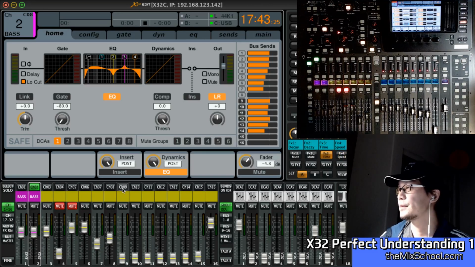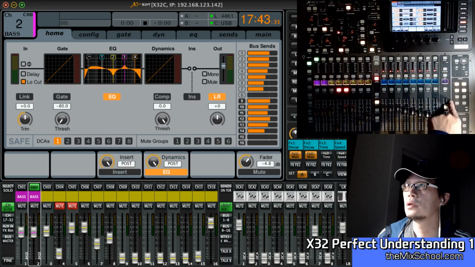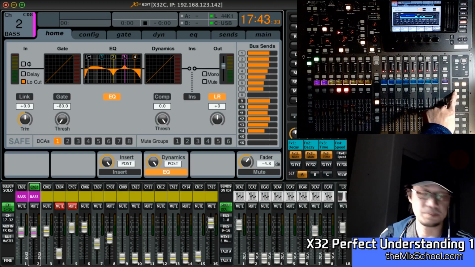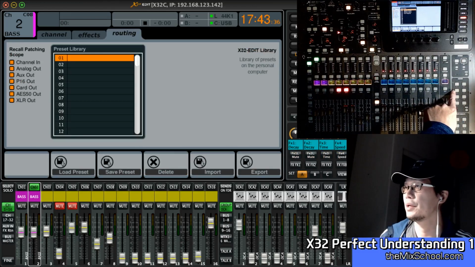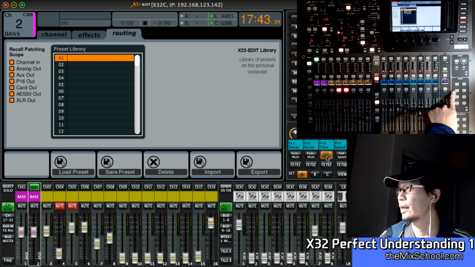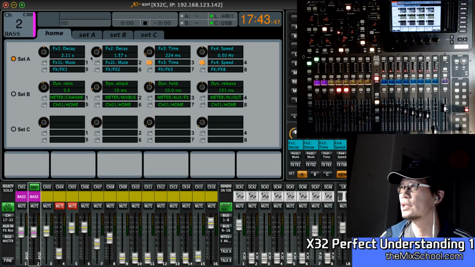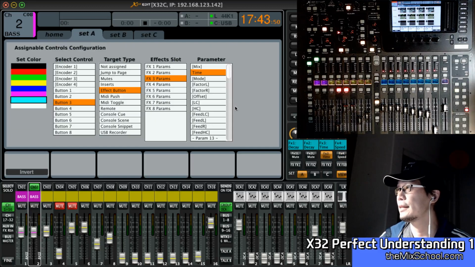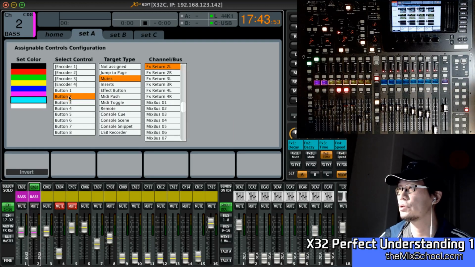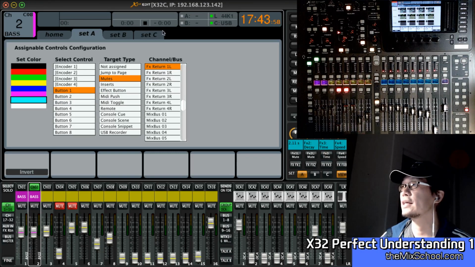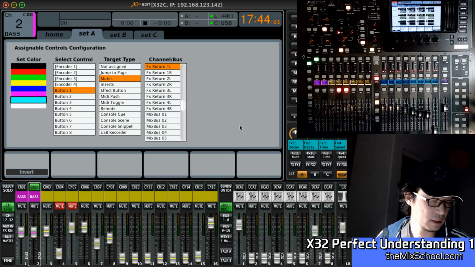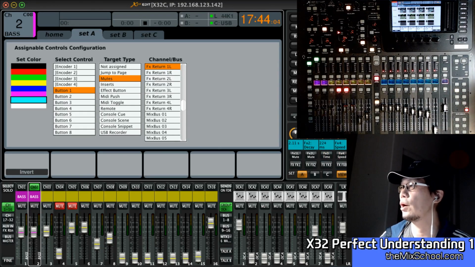Okay, it is about 1 hour. All right, and there are some other things right here. Yeah, this thing is blinking all the time, right? Because it is assigned to a certain thing. Right now it is FX3 on set A. So when you press this one or press this one, you will see A and FX3. So button 3. Here are the buttons. So 1, 2, 3, 4, 1, 2, 3, 4, and knobs. So X32C only has the buttons, but X32 has the knob and this